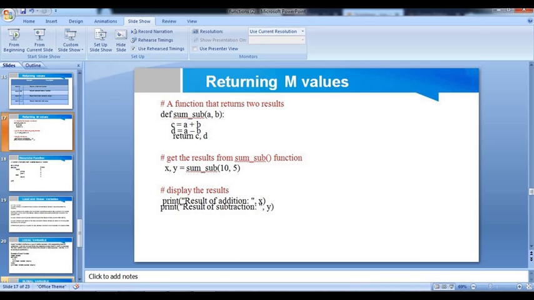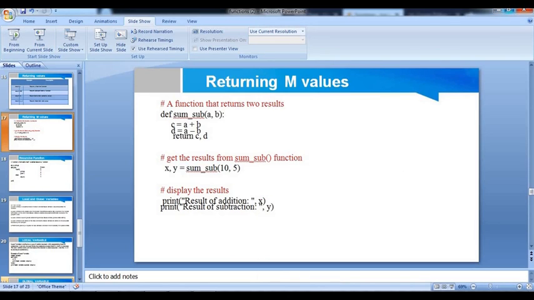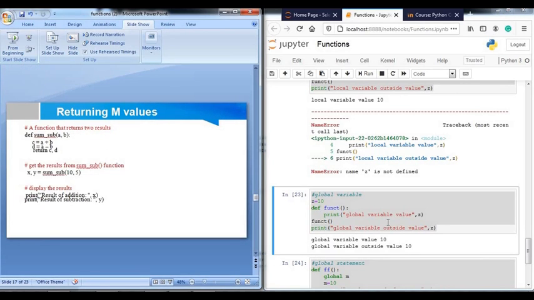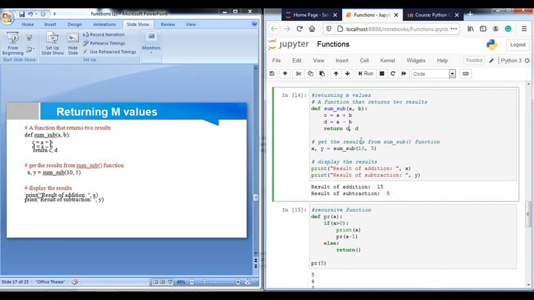So let's see the practical of this, how to return values. So here is the example. See, when I run it, it simply gives the values. When I provide 10 and 5, it will first add and return 15, and when the subtraction is called, that is d, it computes 10 minus 5, which results in 5. Okay, so this way you can return more than one value at a time with the return statement.